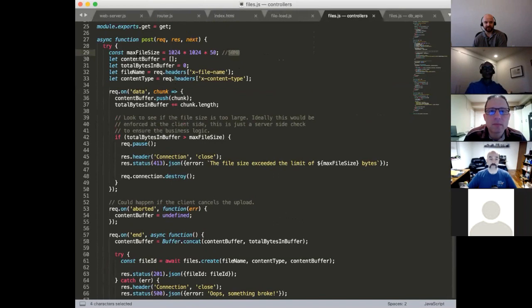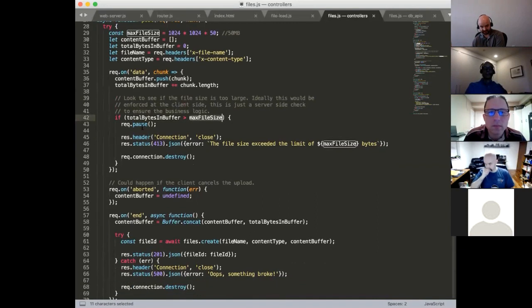As I get my chunks, in addition to pushing those into my array, I'm also keeping track of the total number of bytes in the file. And if we exceed that max file size, I can go ahead and kill the connection.